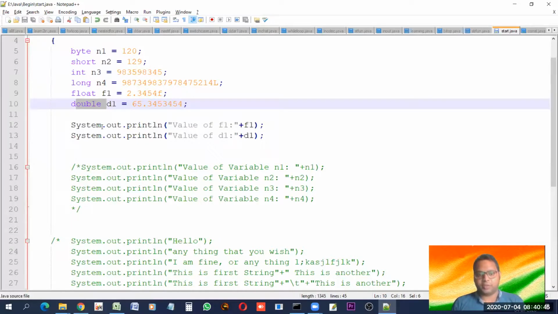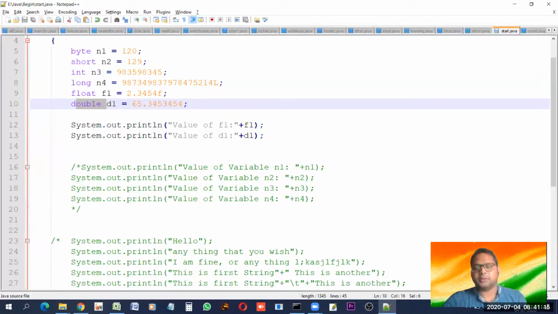As I said, if you are making a scientific program where you have to measure the weight of an electron or weight of the universe or something similar, a bacteria, virus, if you are working with their mass and weight, so in those cases float, even double may be applicable. So being a programmer, you have to decide at what situation we have to use which data type. Let me help you a little more on where we can use these things.